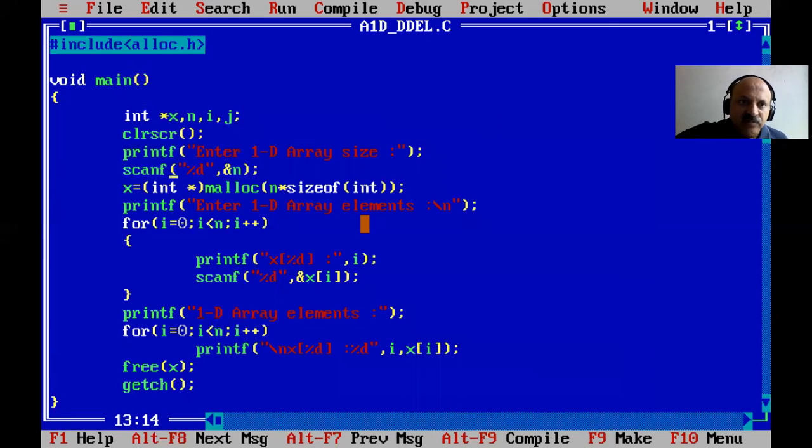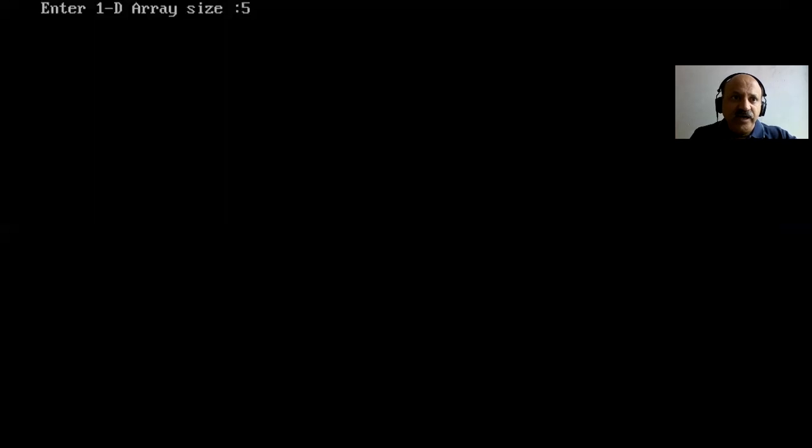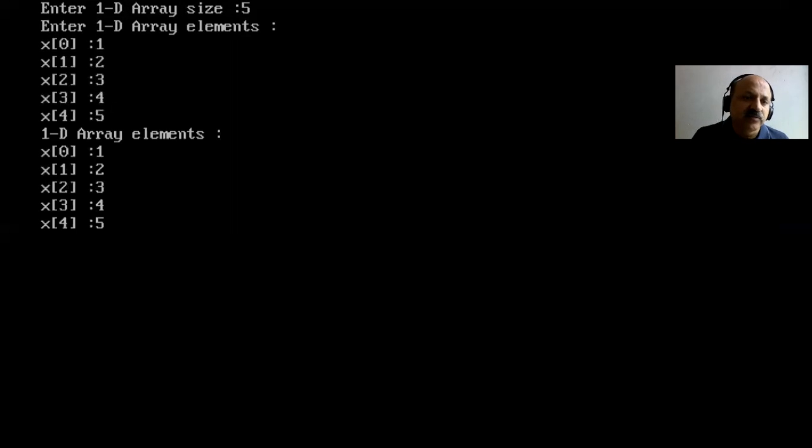So that is some typing. Yes, here 5. So you can look: 1, 2, 3, 4, 5. Yes, that's perfect. So with index, and in many video lectures I took dynamic arrays, 1D and 2D arrays. We have to scan and print with index.